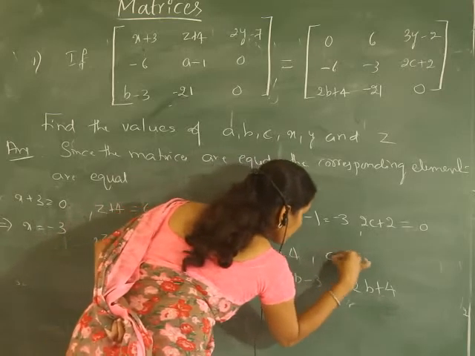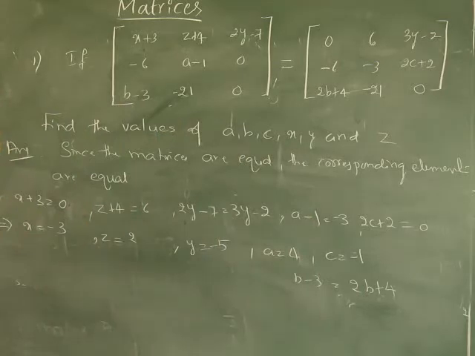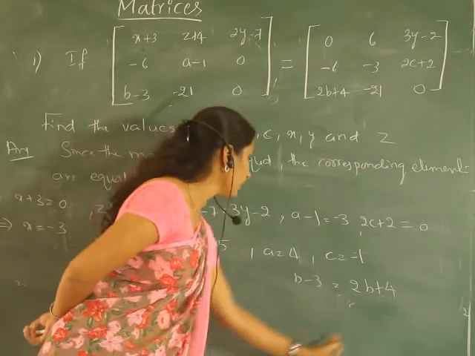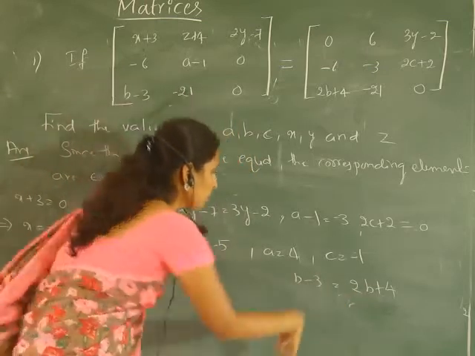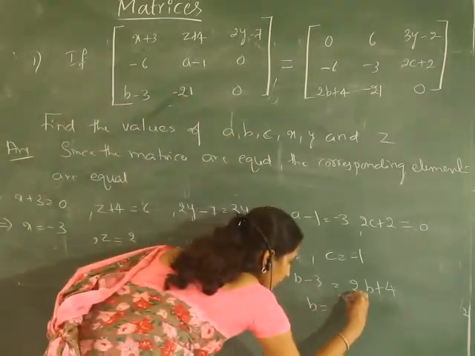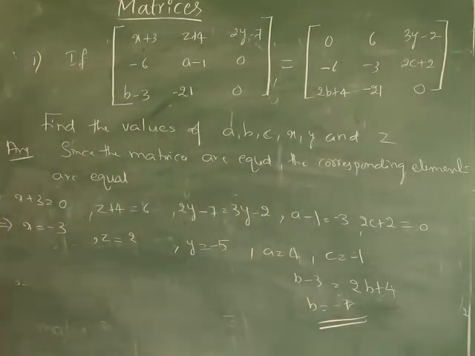Then c is equal to minus 1. So 2c plus 2 is 0, means 2c is minus 2, c is minus 1. So here we can write 2b, when I take that to one more side, so that becomes b. So b is equal to minus 7. So these are the values of a, b, c, x, y, z. So it is when the matrices are equal. Next problem